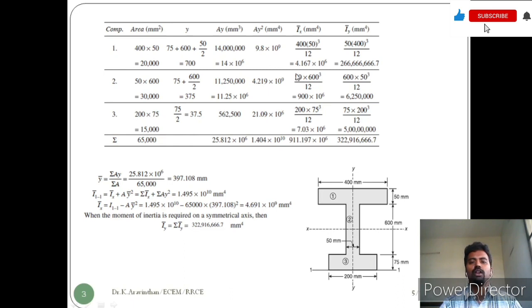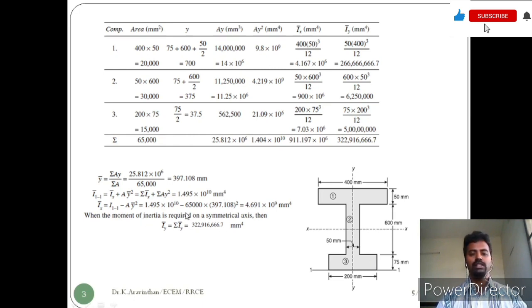Here you have to note that the moment of inertia unit is mm power 4. Why? Because the general formula is b d cubed divided by 12. The unit of breadth is mm and the unit of depth is also mm. Here you are cubing the depth, so mm cubed will come, and here you have mm. So totally the unit will be mm power 4. Always, the unit of moment of inertia for any section, be it a circle, square, rectangle, anything, is mm power 4.